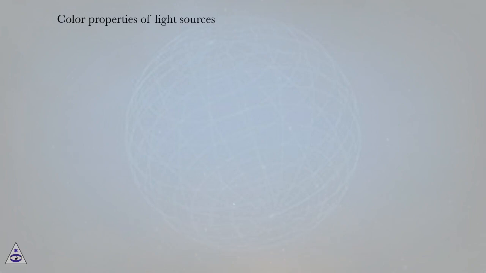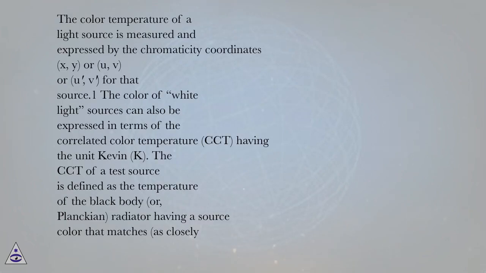Color properties of light sources. The color temperature of a light source is measured and expressed by the chromaticity coordinates, x, y, or u, v, for that source. The color of white light sources can also be expressed in terms of the correlated color temperature, CCT, having